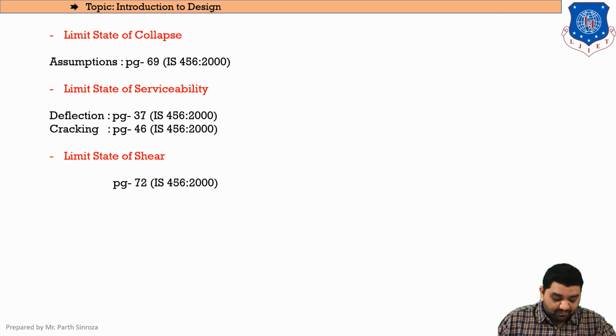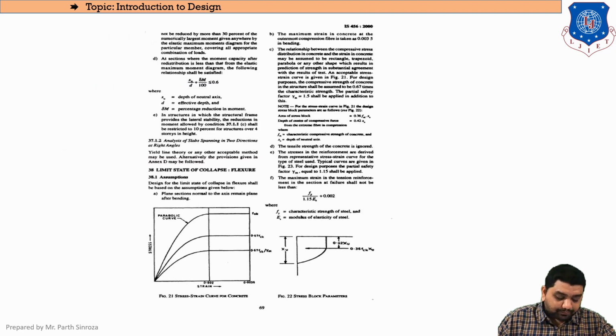And limit state of serviceability is given on page number 37 and 46. In the same way, limit state of shear is provided on page number 72 of the IS code. Now, these are the assumptions that we will be using in the theory. As you can see here, from clause number 38: clause number 38 says limit state of collapse fracture, and clause number 38.1 refers to assumptions. There are totally 6 assumptions mentioned, and each and every assumption plays a vital role in